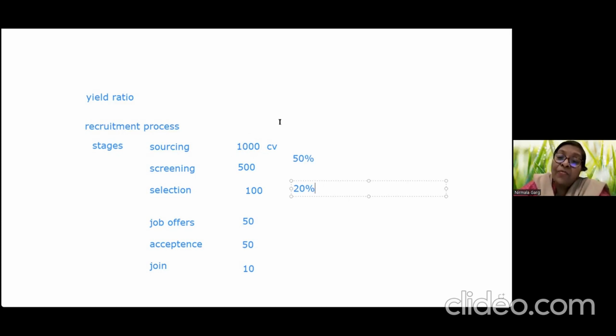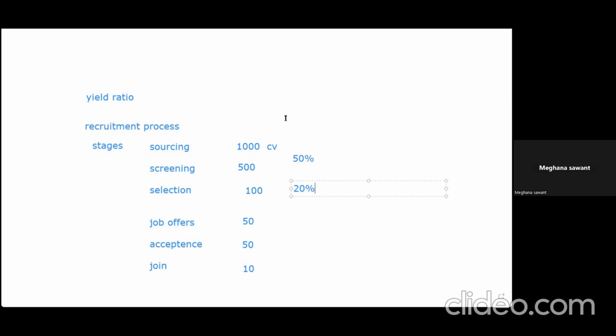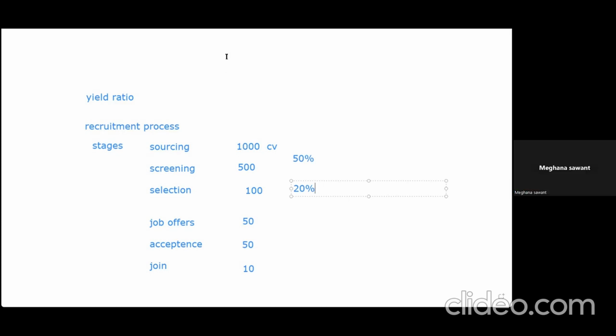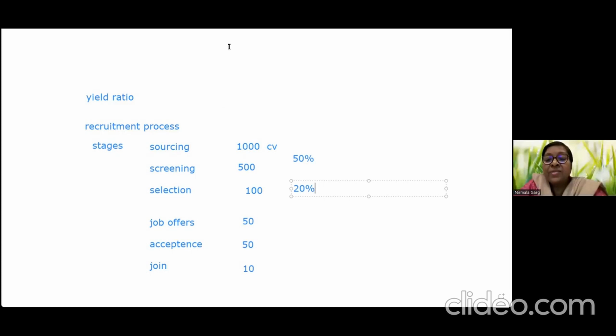Or say, for example, if you want a graduate only in commerce, then put it as BCom. Otherwise, you will get graduates with home science and science and everything. Are you with me, guys? How can you then say, hey, why am I not getting the right CVs? Because a lot of organizations have a lot of CVs, and when you're screening, you find that a lot of CVs are not fit enough. So somewhere your job posting, somewhere clarity with the sourcing guys and channels, it was not clear. So you need to define exactly what you want.